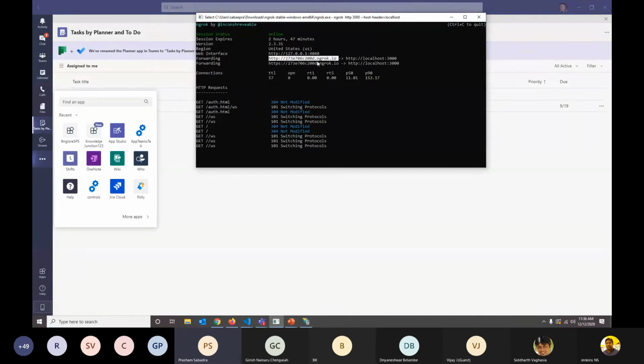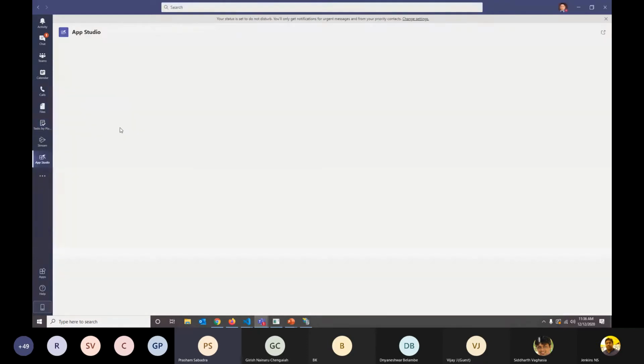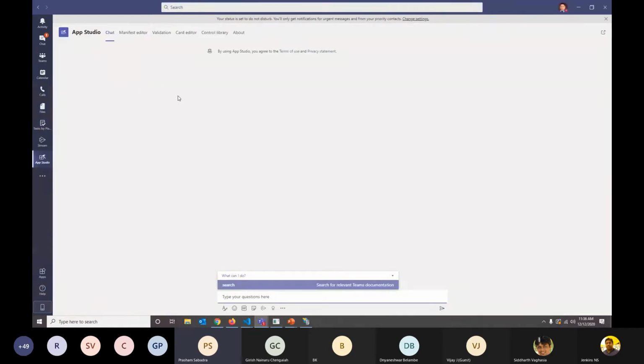Because when we create the tab, it's very easy. I'll show you. There is App Studio here. If you notice, I already created a tab under the Manifest Editor tab. We already have a Bangalore SPS tab, and one tab I was testing.